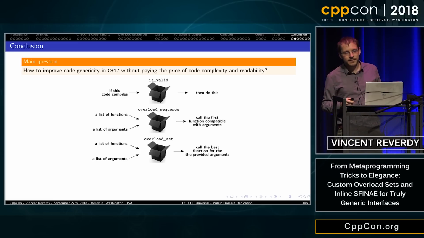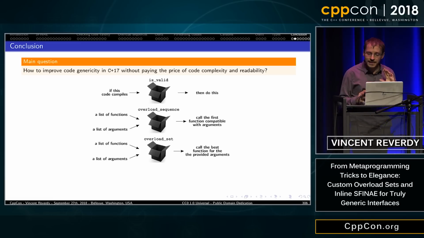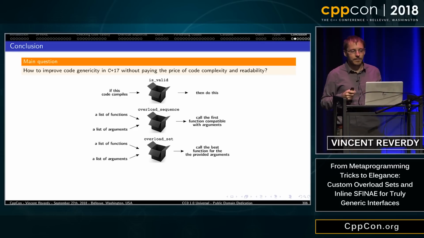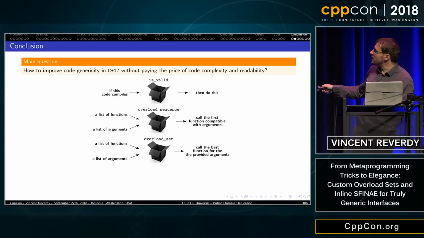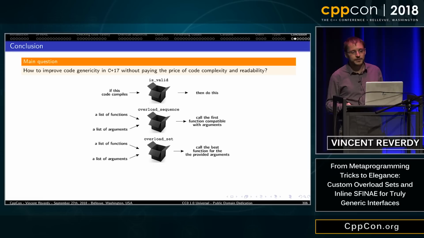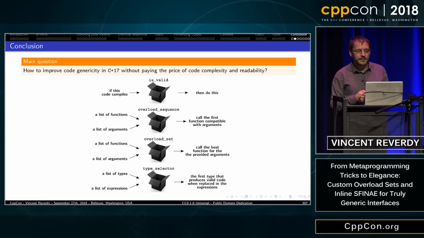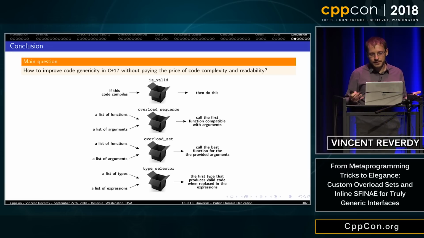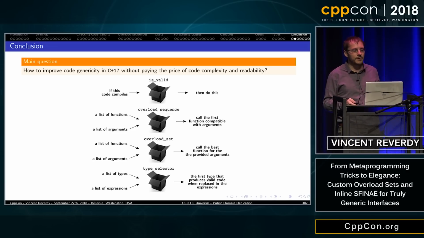An overload set, that still doesn't work for 2 categories of functions, but you give it a list of functions and a list of arguments, and it will pick the best according to overload resolution rules. And then a type selector that allows you to do the same kind of tricks as with overload sequence, except this time not on functions, but on types.